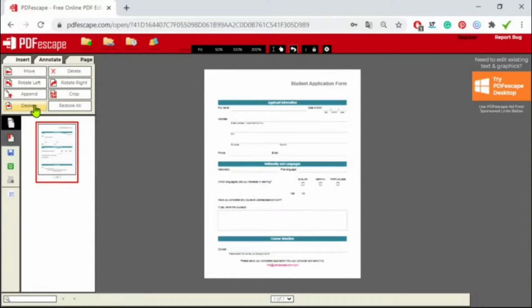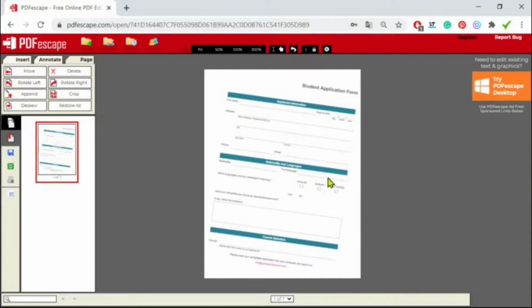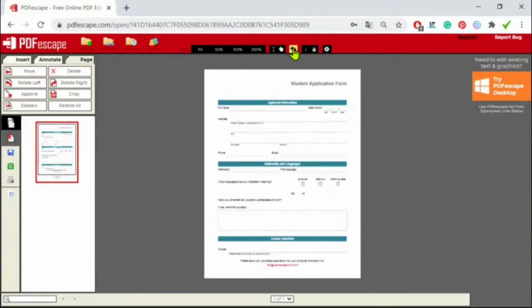The Deskew feature might come in handy too when you are working with scanned documents because it lets us rotate the pages and straighten them. My file is not skewed, but I'm going to show you what the skewed file is so that you can see what this key lets you do. So you imagine you get a file like this. This happens a lot when people are working with scanned files. So before you are working on it, maybe you want to straighten it and get the layout right. So this is what the Deskew button will do. But my document wasn't skewed in the first place, so let me just go back.